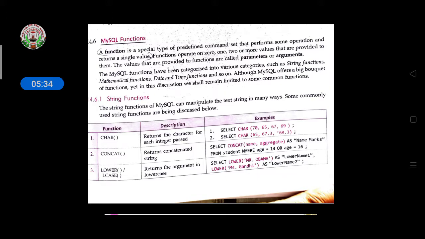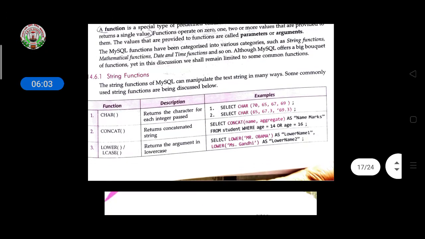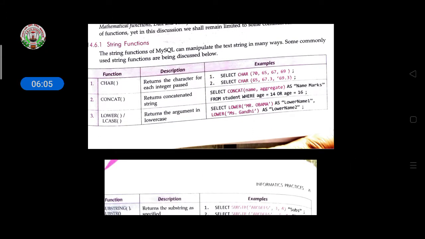You have to call the functions, and the value you give to a function is known as the parameter or argument. So many functions are there inside the bucket of functions.